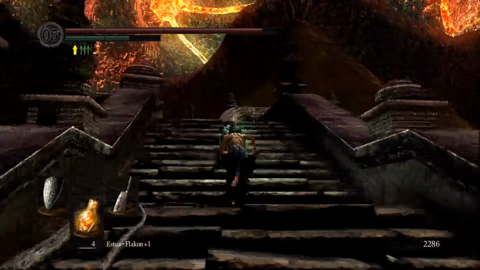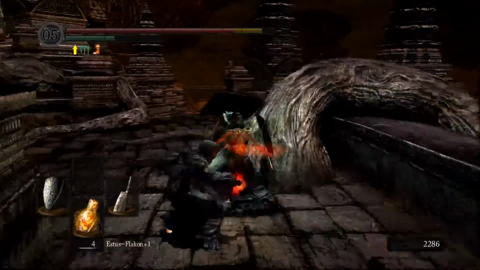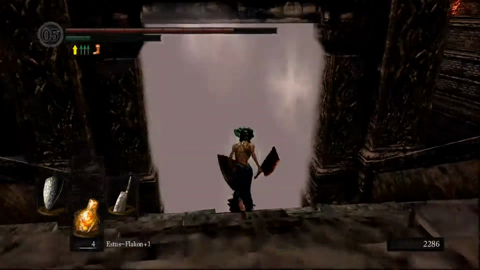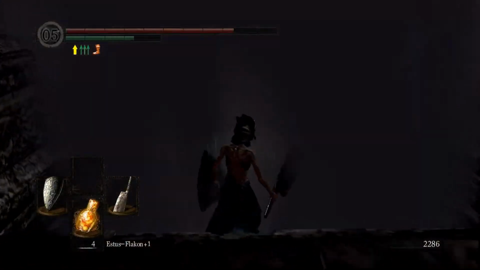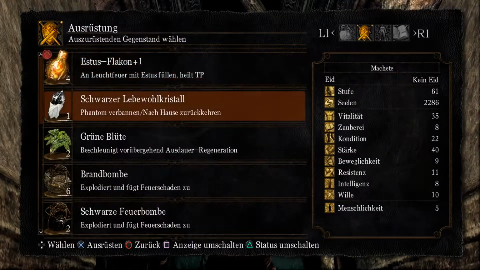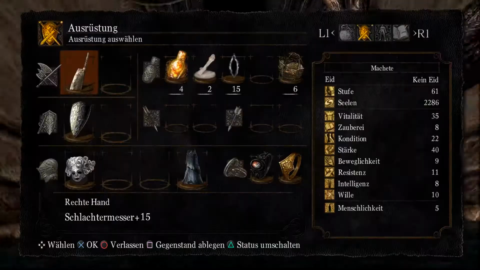So I tend to just take that guy on the shield. I should really spot his attacks and work out how to roll through them and stuff. Okay, so...